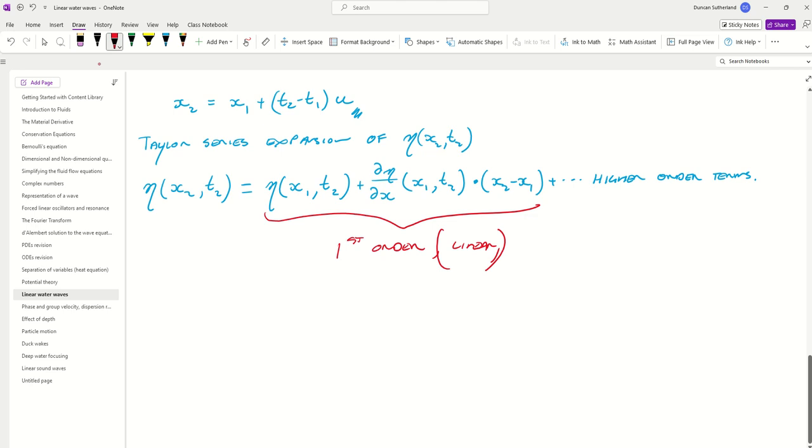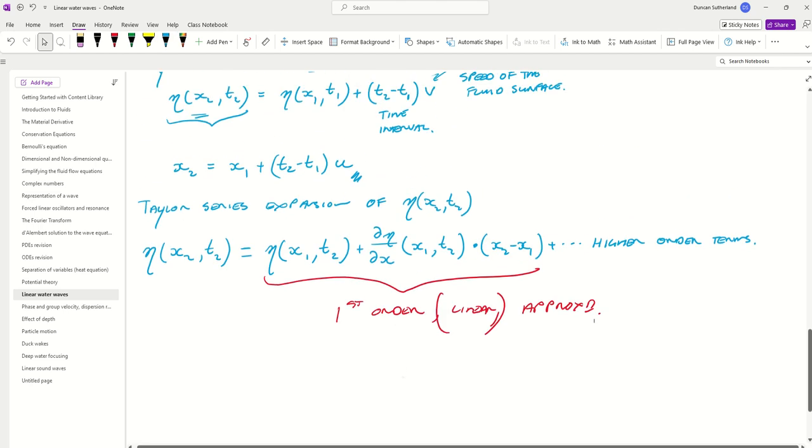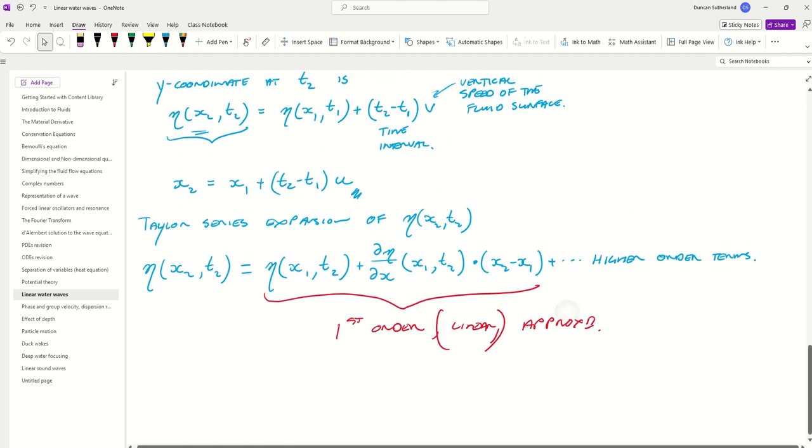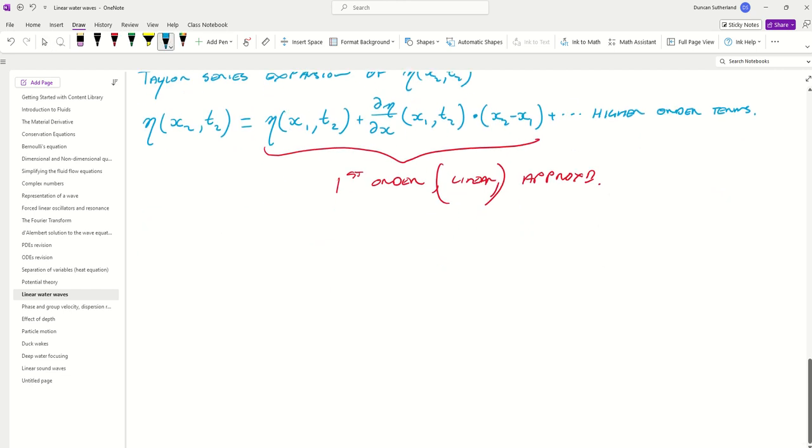Or you can call it linear. So what we're now going to do is collect the rise and the run, if you like. We have a couple of expressions for these things. We have this expression here, we've got this information here as well, and we've got our Taylor expansion. And when we put those things together,